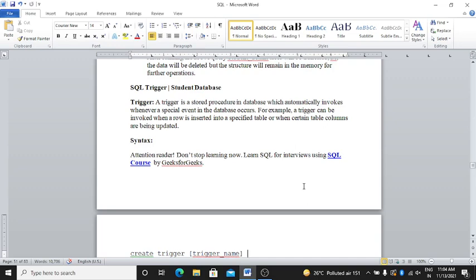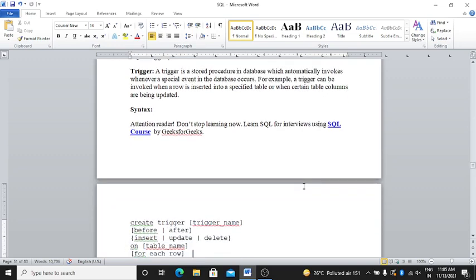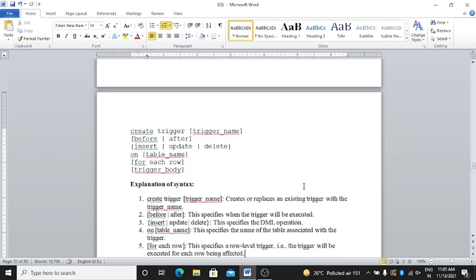For example, a trigger can be invoked when a row is inserted into a specified table or when certain table columns are being updated. The syntax for a trigger is: create trigger trigger_name, before or after insert, update and delete, on table_name for each row, trigger body. This is the proper syntax for the trigger.